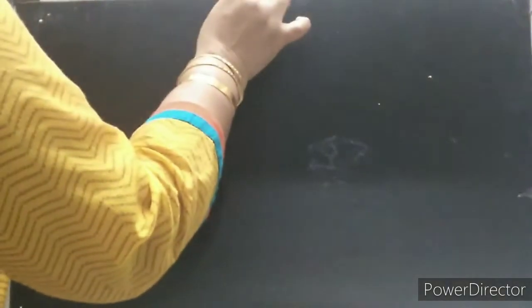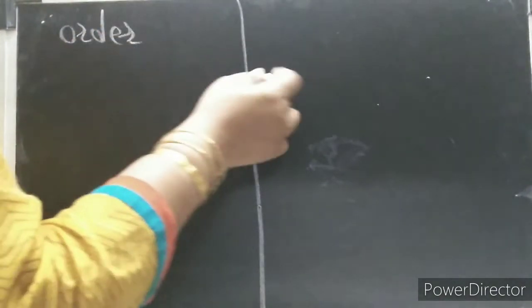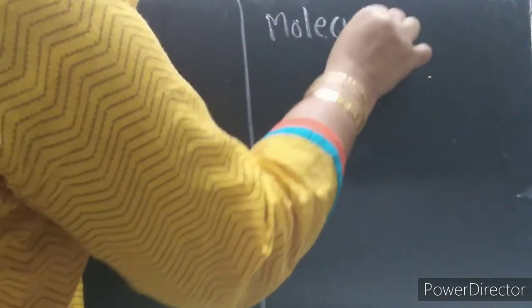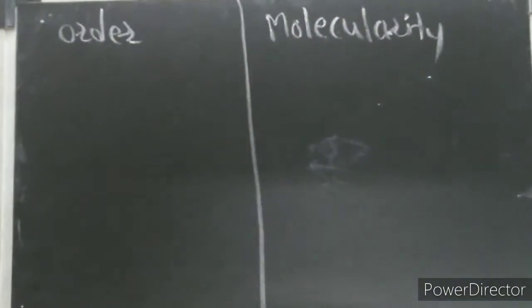Now just now we discussed what is molecularity of the reaction, order of reaction and instantaneous rate of reaction. Now we will distinguish, again I will distinguish between the order and molecularity. Distinguish between order of reaction and molecularity. Generally this question is for 2 marks. Distinguish between order and molecularity of reaction.